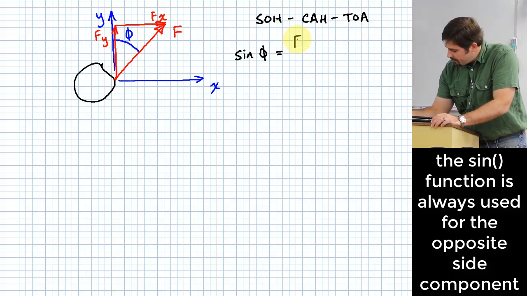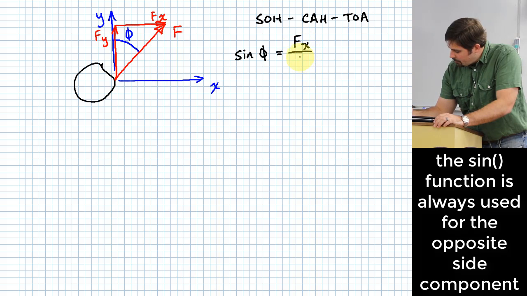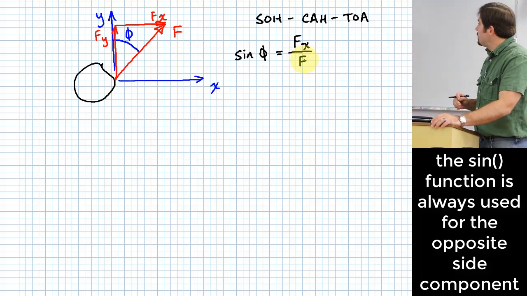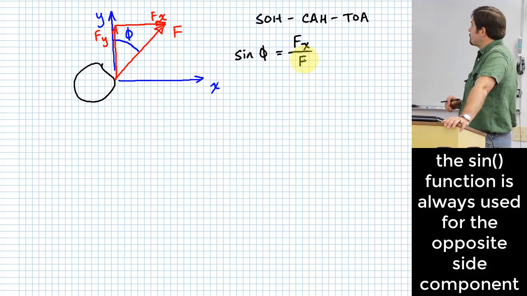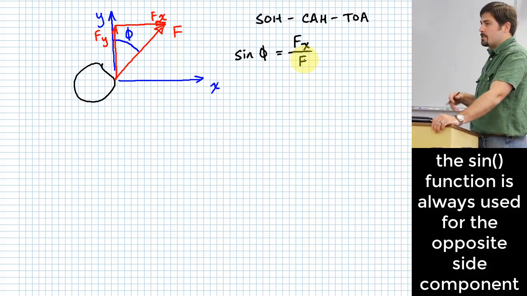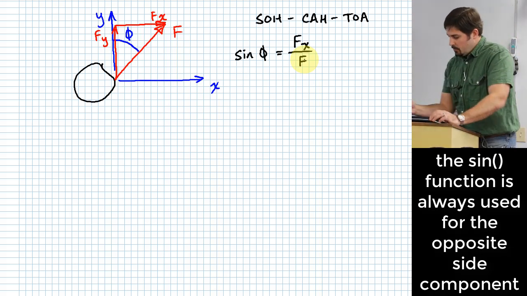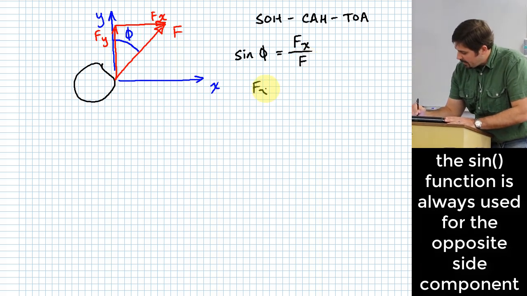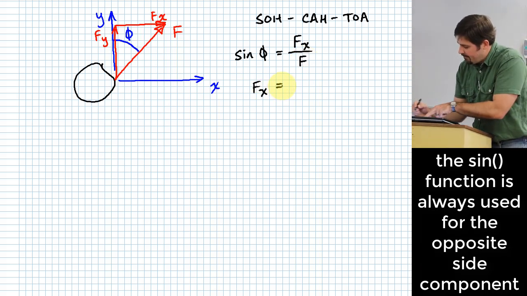So we would have Fx over F, the hypotenuse length. Okay, so all we're doing there is just using the definition of the sine function, which tells me that Fx is going to be equal to what? F sine